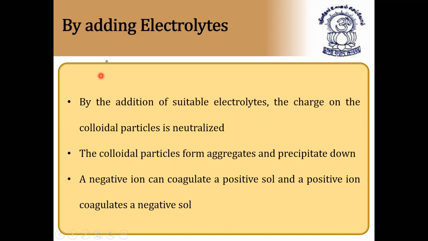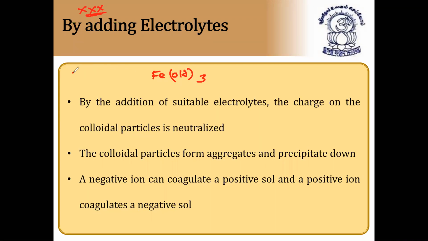Next, adding electrolytes, this is very important. By adding electrolytes, we have to note down which electrolyte should be added. By the addition of suitable electrolytes, the charge on the colloidal particles is neutralized. The colloidal particles form aggregates and precipitate down. A negative ion can coagulate a positively charged sol, and a positive ion can coagulate a negatively charged sol. For example, to coagulate ferric hydroxide,